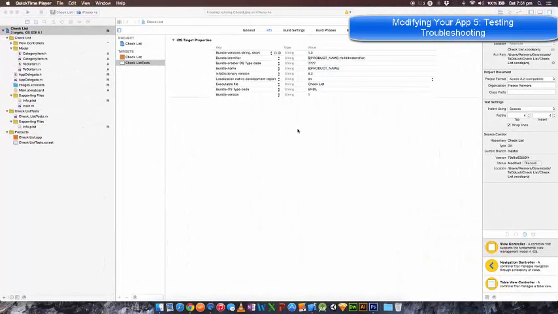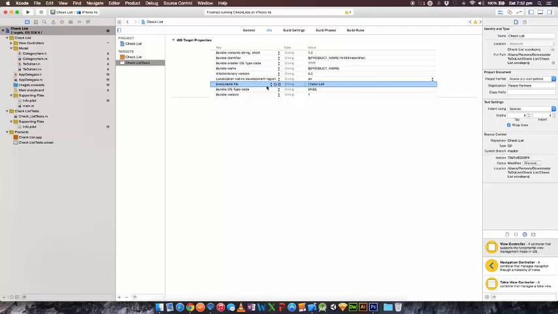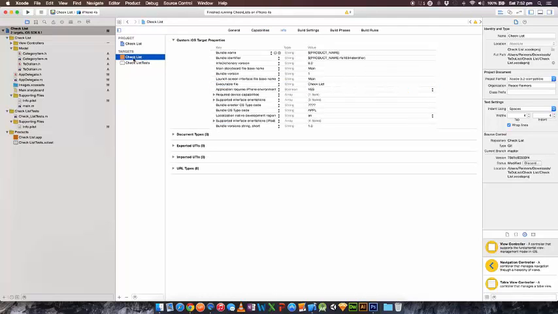Okay guys, welcome back. So if you have an issue with your app saying you don't have permission to open it, what you need to do is click on the project up the top, come down to the project's tests, and make sure that your executable file name here is the same as your other app here. If they're different, you might receive that error message, and that is how to fix it. So now,